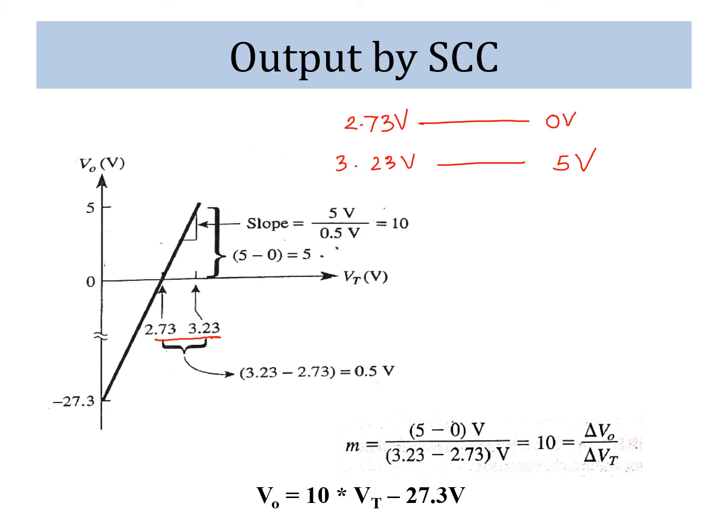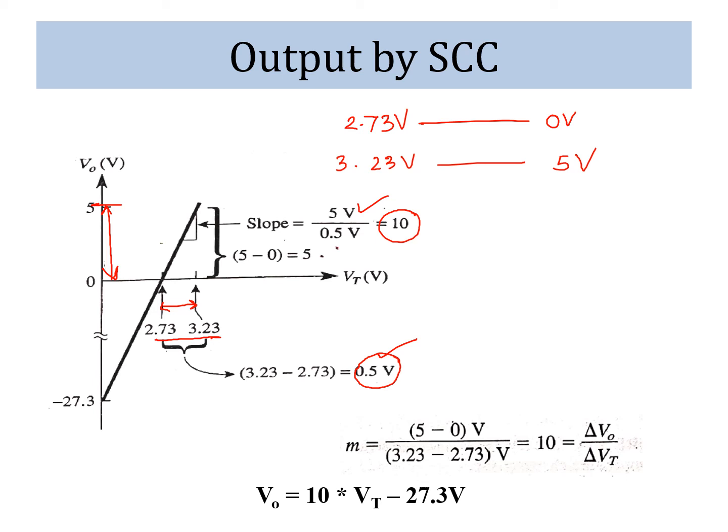It is only a 0.5 volt range in which the temperature output will vary, that is, in which the LM335's output will vary, only 0.5. But we have to vary this small range into a larger band of volts, that is 0 to 5 volt. So here 0 to 5 volt, that is 5 volt, and 3.23 to 2.73 is 0.5. It means now the slope is 10.